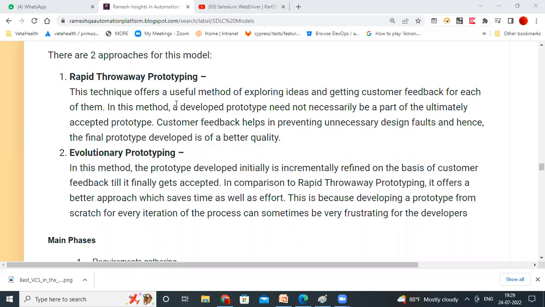Again, you will give a demo. If he doesn't like it, you have to throw the entire code away. That's a rapid throwaway prototype. Evolutionary prototype is not like that. Basically, in this prototype model, first it will be developed,